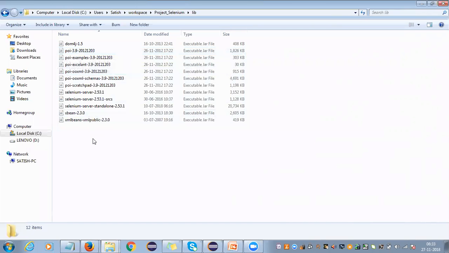So not only these jars, it will maintain Selenium jars, XBean jars, DOM4j jars, all these jars it will maintain. It will put them in one repository, one server. Now this repository, if you want to access it, in Eclipse you need to configure this Maven. I'll tell you where to do all this, but in Eclipse you need to give the path of the repository, and then once you are set with this path, whenever you want to access it,